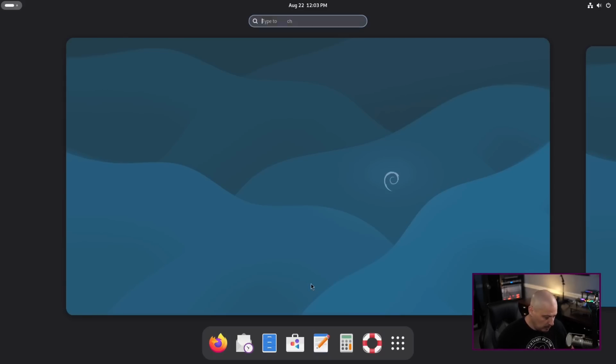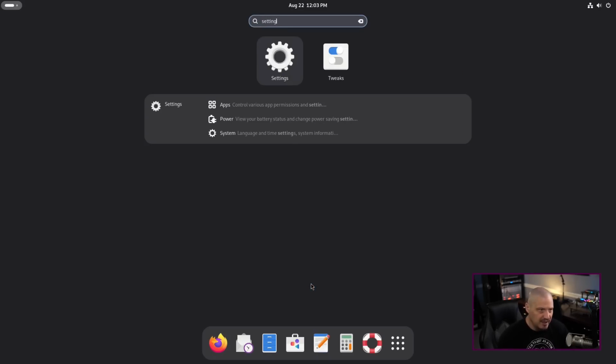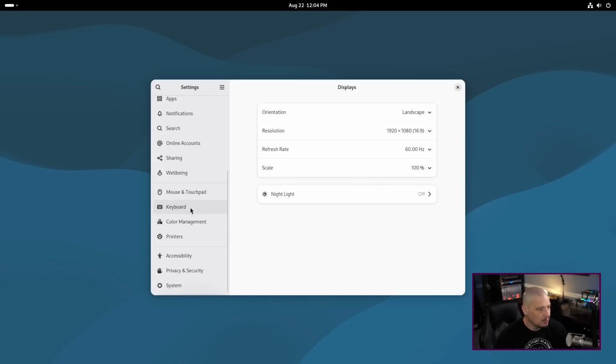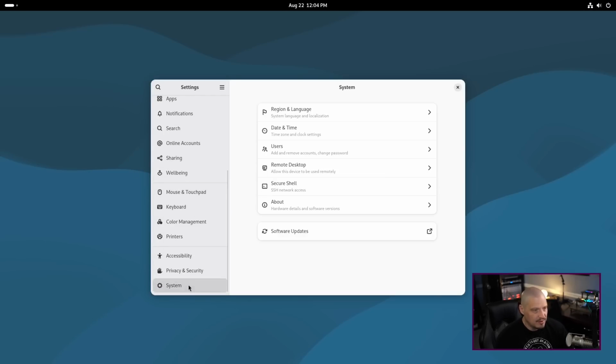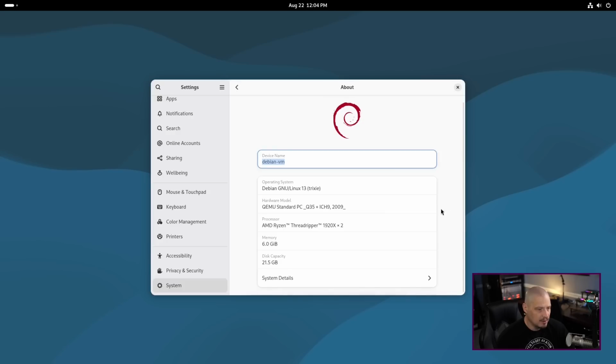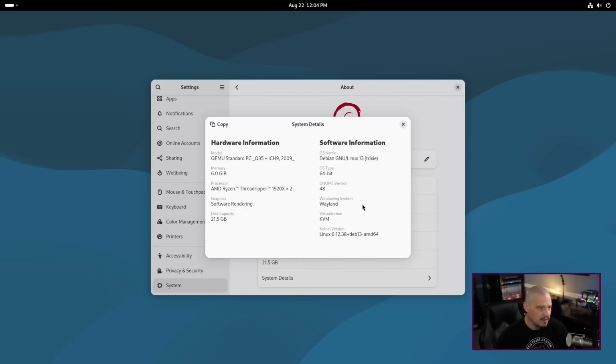Well, to answer some of those questions, let me once again hit the super key. I'm going to search for settings. Let's go into the settings manager here. And if I scroll all the way down, let's go into system. And this gives me some useful information about the system. And if I go down to this here, about, and click on that, that will let me know some information. For example, the system details, click on that. And now I get the GNOME version. We're on GNOME 48. We're using Wayland, by the way. GNOME has been defaulting to Wayland for a while now. And you can see our kernel version is